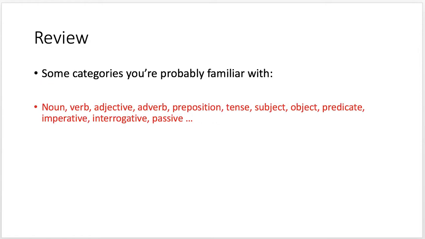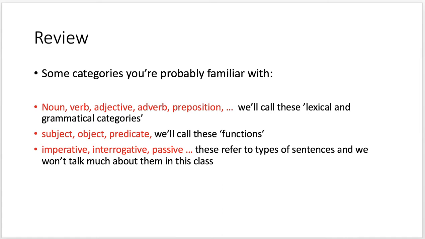So you're probably familiar with some categories already, these labels like noun, verb, adjective, adverb, preposition, tense, subject, object, predicate. These are probably terms that you're familiar with, and we're going to define these categories in this class. We're going to define them syntactically. So just to give a little bit of structure first,